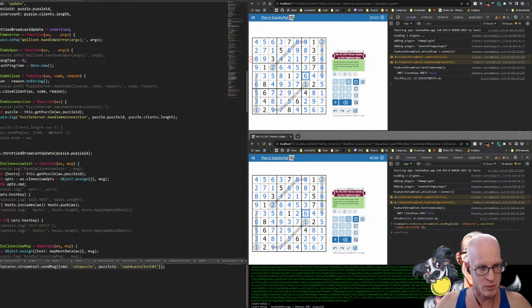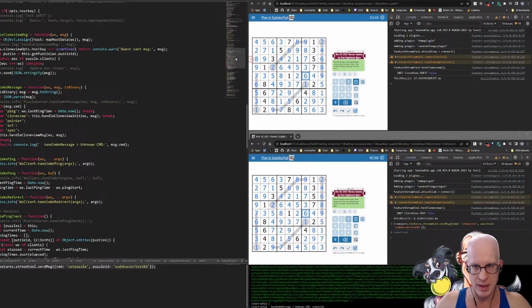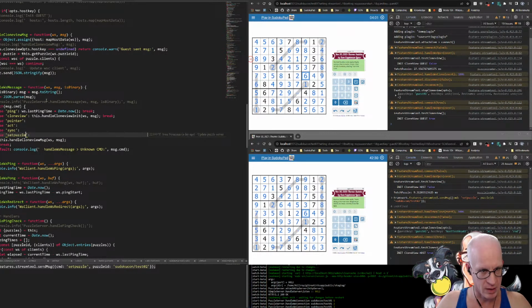And then we're going to go to the server. I'm a bit loud in my own ears here. And we are going to look at where we're handling the different commands. And right now, I guess we can just send it straight through. So we're going to have set puzzle, and it's just going to get forwarded. And these are all, are these limited to a host to,